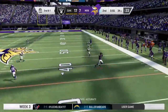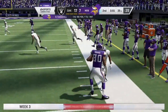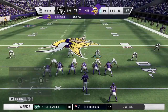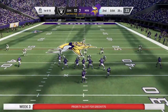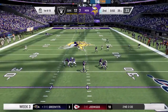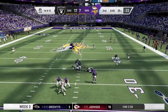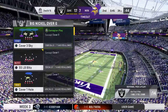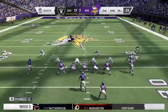Tannehill now to throw. That's caught by the big tight end, O.J. Howard. A gain of 5, good enough for the first down. So from the 39 now, they'll come up on a 1st and 10. A shotgun snap for Tannehill. Shakes up, but he can't get away forever, and down he goes. Now the Vikings will use the 2nd of their timeouts, as the clock will stop with 45 seconds to go